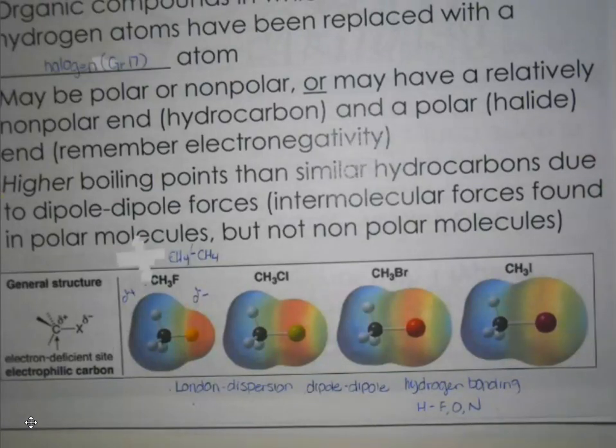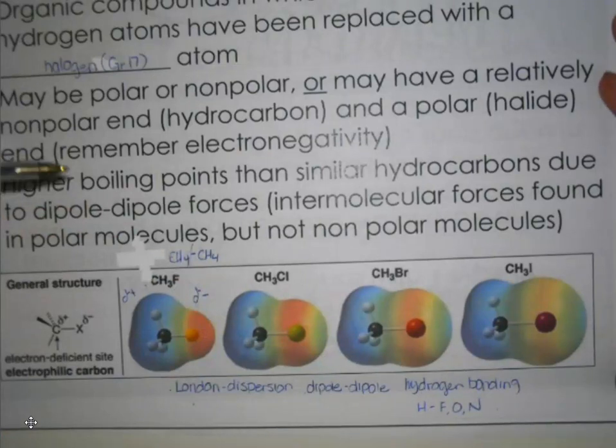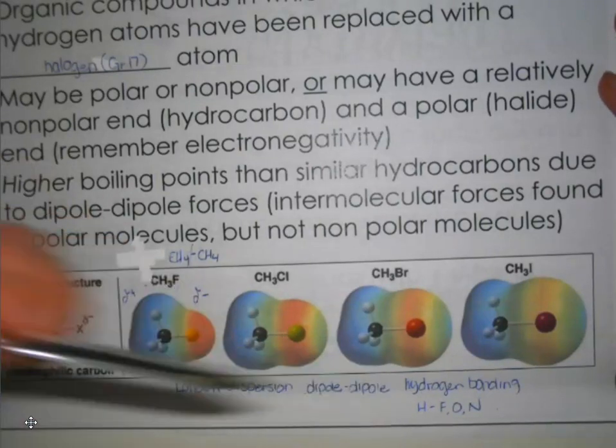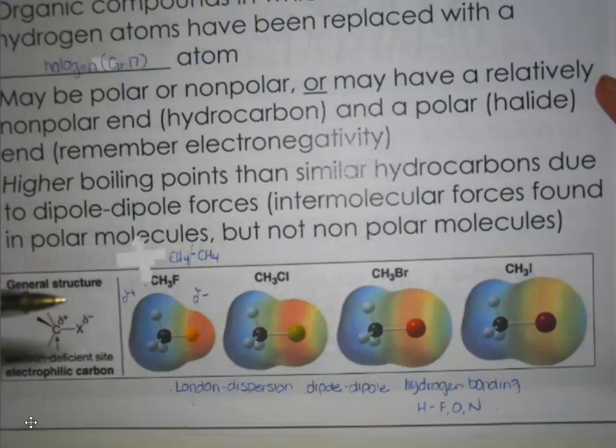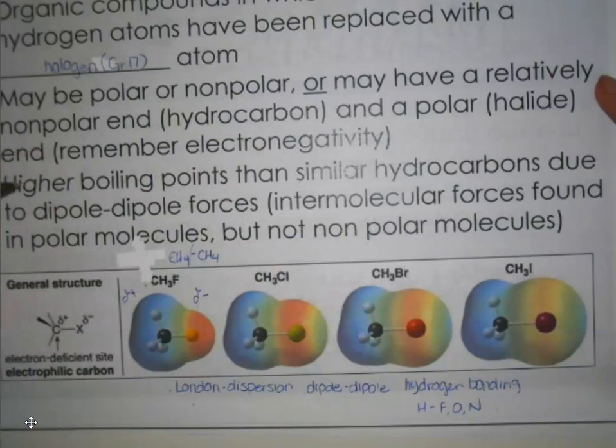So main takeaway here, other than our little bit of a recap of the types of intermolecular forces that we really want to keep in our minds as we move forward, because on top of knowing how to rank the boiling points and solubility, you need to know why they are ranked that way. So that's why I wanted to recap those points from Chem 20. So the higher boiling points,